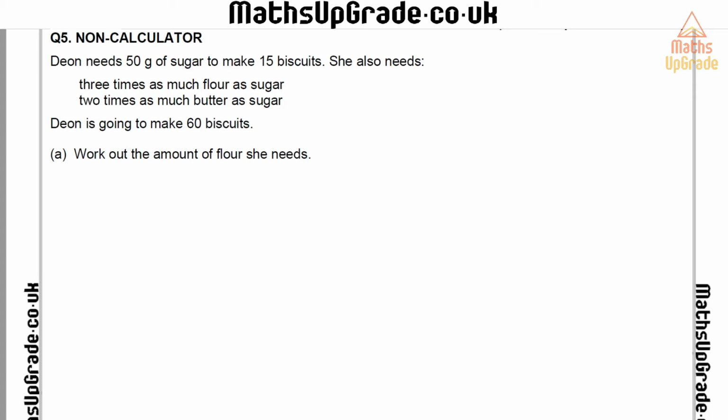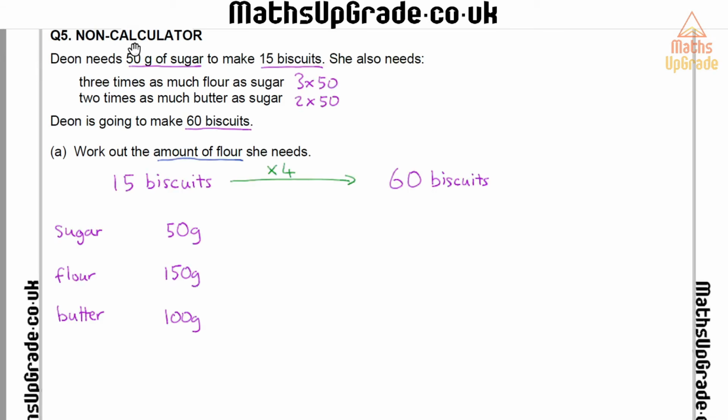She also needs 3 times as much flour as sugar, and 2 times as much butter as sugar. We're told she's going to make 60 biscuits. We need to work out how much flour she needs. So I'm just going to underline this key information here, and I'm just going to write how much flour she